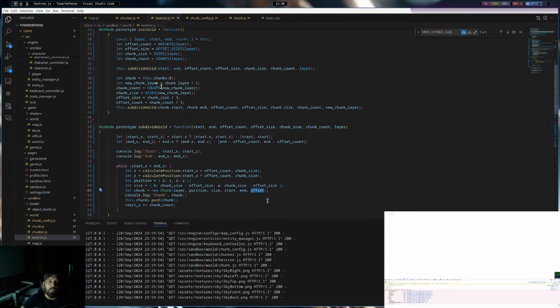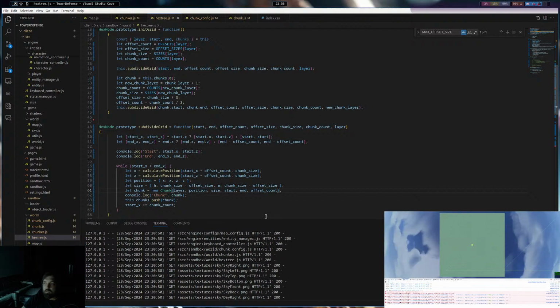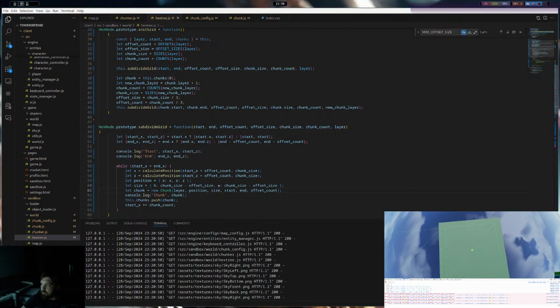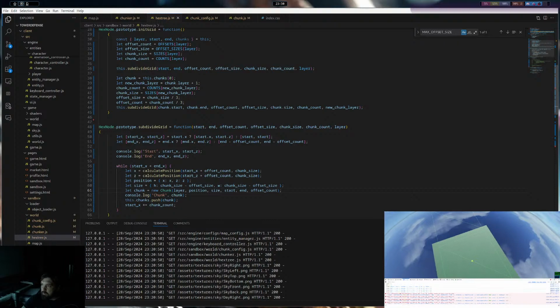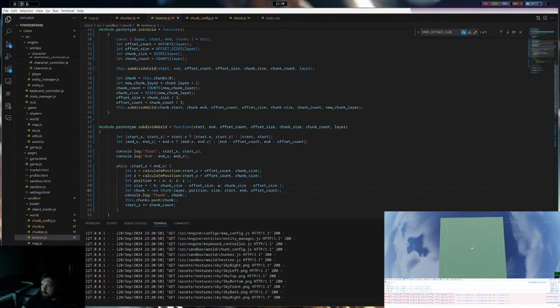Really, these values can be stored inside the chunk, though. Gotta be offset count. Alright, so we've got another square. That's something. It's not what we want, but it's something.